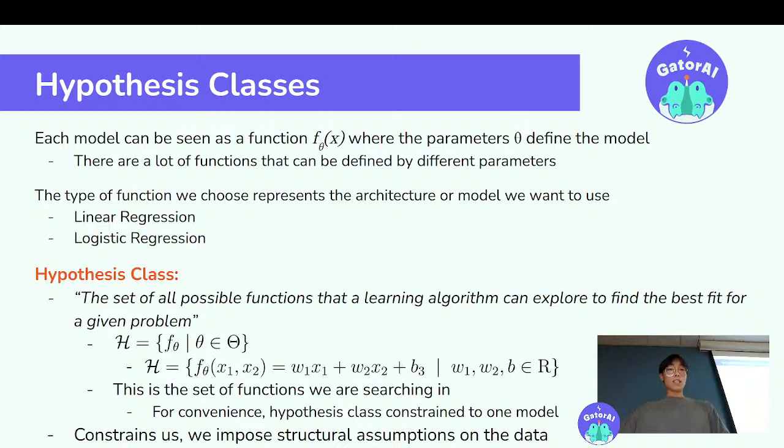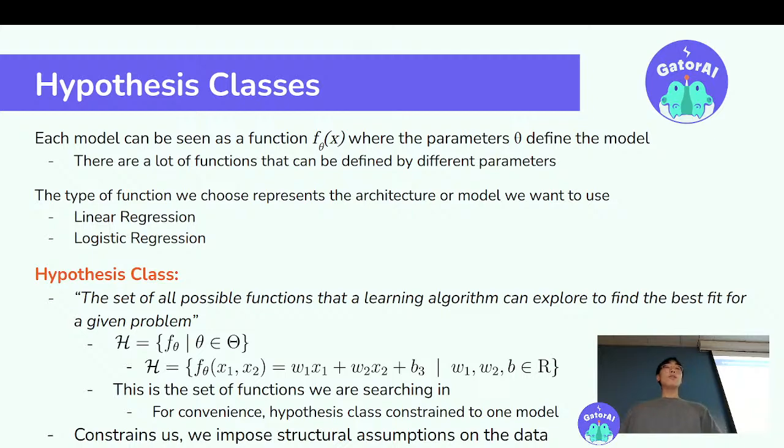And if you guys don't know the notation, you can ask me about it right now. But essentially what we're saying is we're defining a set f of theta, where theta is an element of big theta, and big theta is just the parameters that we're looking for, right? The type of parameters that we're looking for. And usually, in many instances, big theta will just be the set of real numbers as well, right?